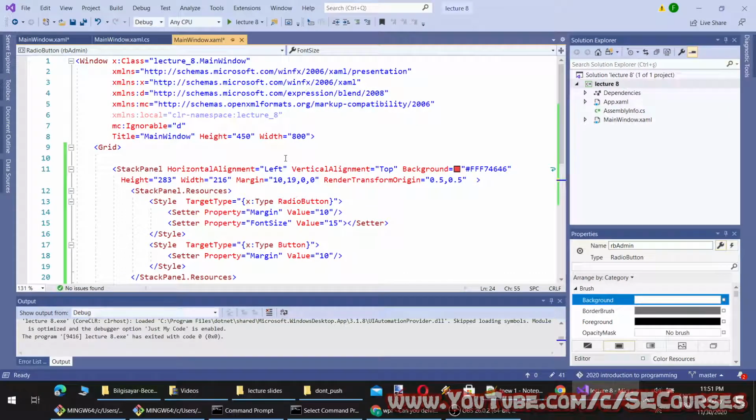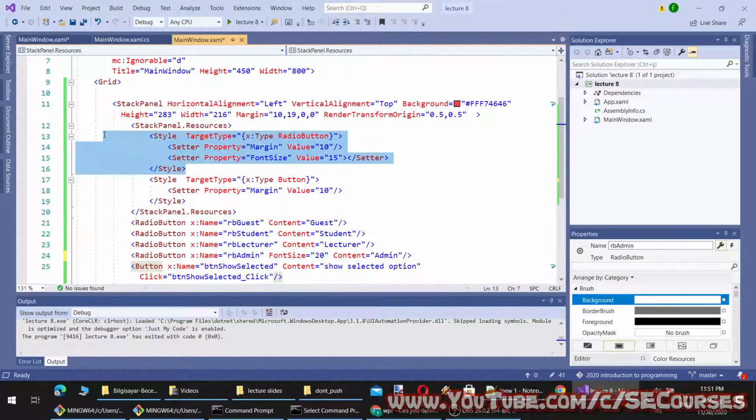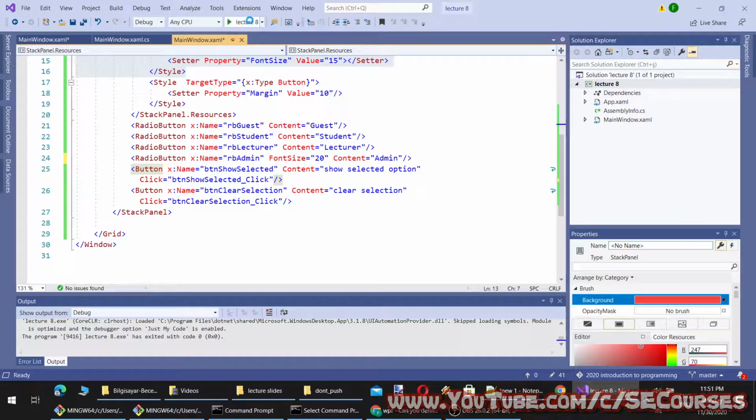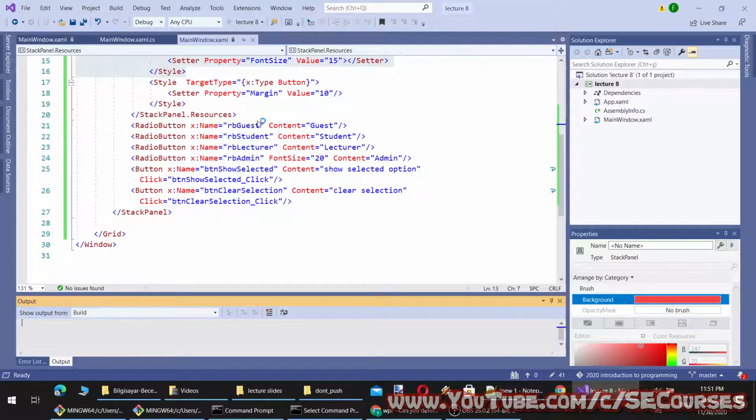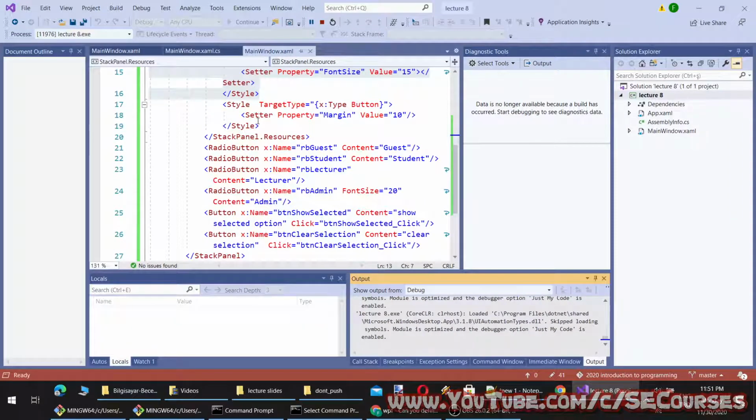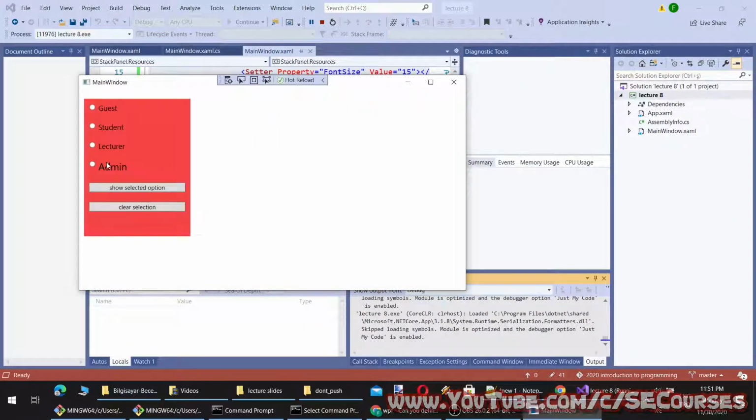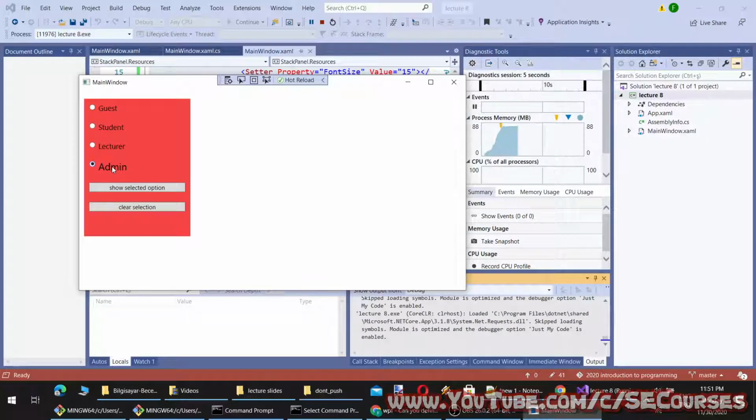However, it would be not as efficient as like this, modifying all of them. So this should override the previous value, I think. Okay, so you see now admin has bigger font size. The others are still fine.